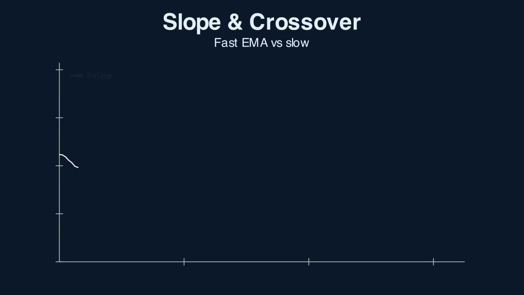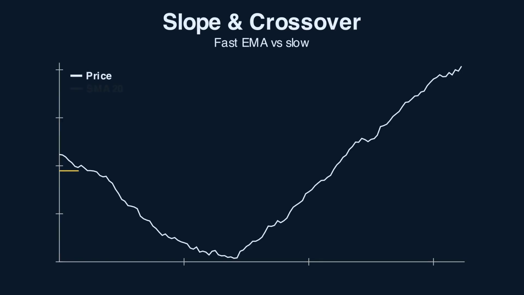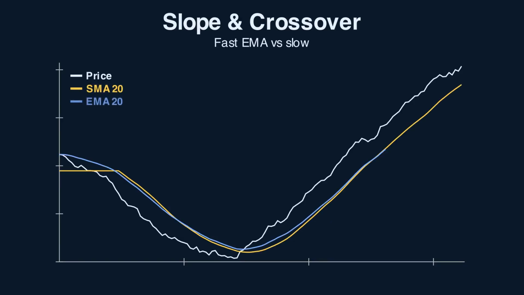Plot a fast and a slow moving average. The slope of the slow one is your trend filter. When it's rising, you only look for longs. The crossover, where the fast average crosses the slow, flags a shift in control. It lags a little by design because it's smoothing noise, but that lag is the price you pay to stop